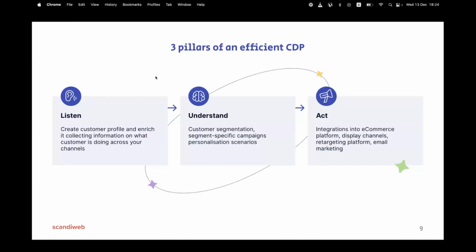You sent maybe 10, but they clicked on a particular product. And of course, these 10 products already could be personalized, should be personalized for the customer, but the customer clicked on a particular one and you collect this data. So this is actively listening.